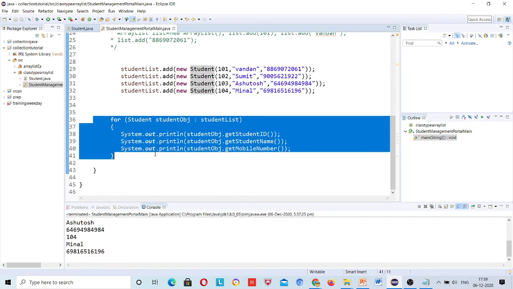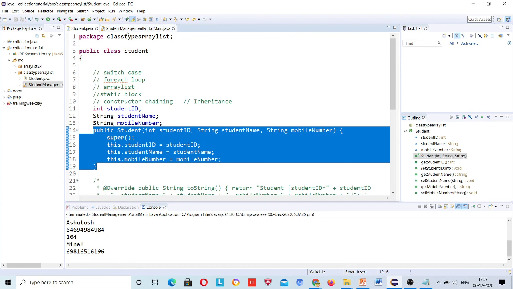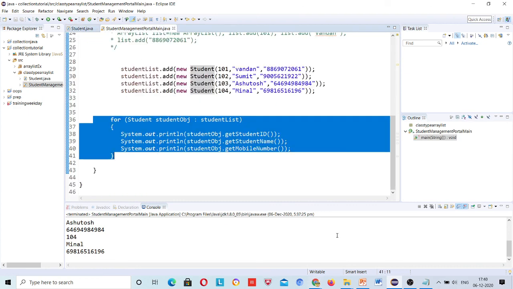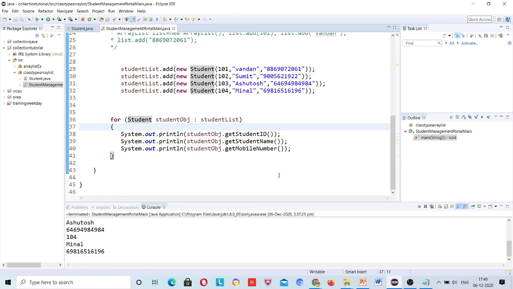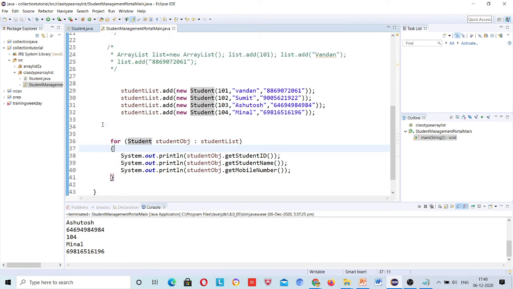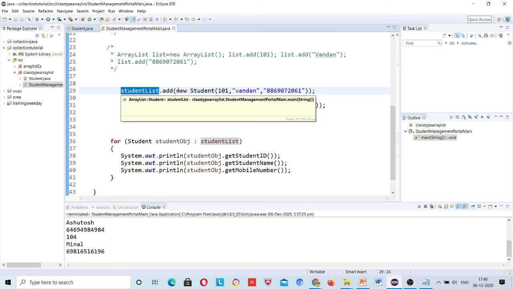Sorry for the interruption. That means at line numbers 29 to 32, we are invoking the constructor, no, sir? Yeah. Okay. That's why we have written it like this. Yeah, of course. We want to add this object into our list, right? That's why we are creating this object inside our list and adding it, right? We are adding this object inside our student list, right? That's why we are creating it like this.